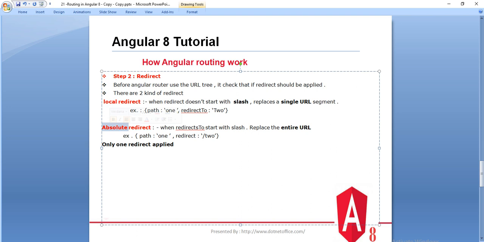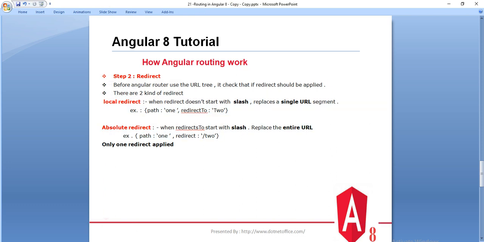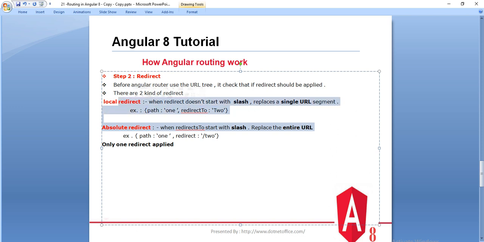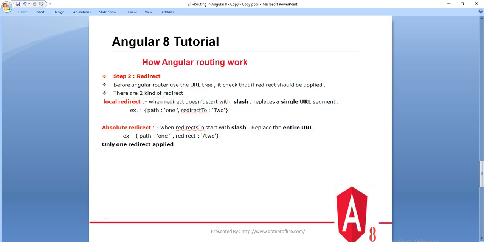And the next is the absolute redirect: when the redirect starts with a slash, then it replaces the entire URL. So these are the two ways of redirect in routing, and at a time only one redirect is applied. So that is the thing about redirect.